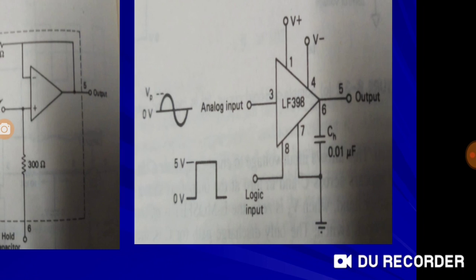Now if you look at it, I just discussed this in the functional block diagram. Analog input is applied to 3. Analog input is the signal that we are going to sample, and logic input is the control signal which is switching the MOSFET on and off internally. So this is applied to the logic input. The 7th pin, which was for the reference, is connected to the other end of the capacitor, and the capacitor point is 6. The capacitor is connected over here and the reference point is kept at the other end of the capacitor. So the exact voltage that we get is with reference to the capacitor only. So that is the output that is derived. So output is across the capacitor only.